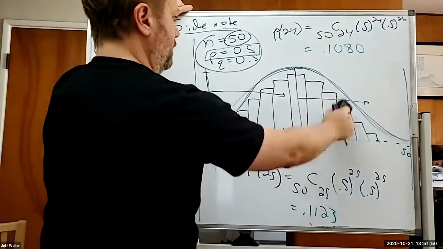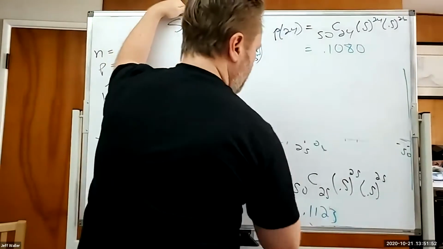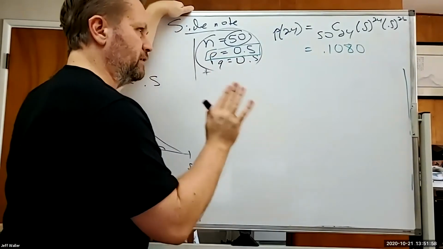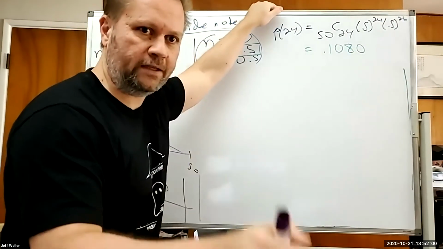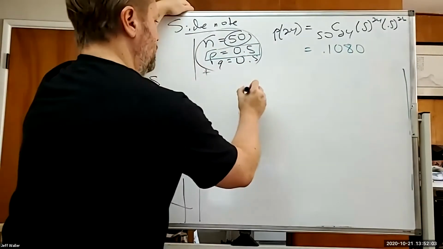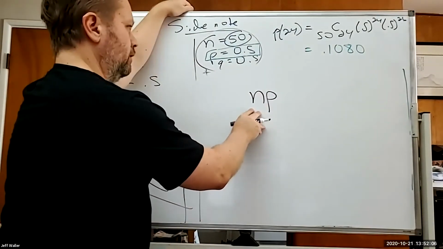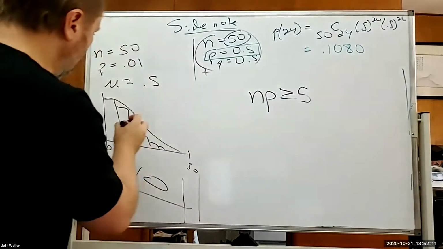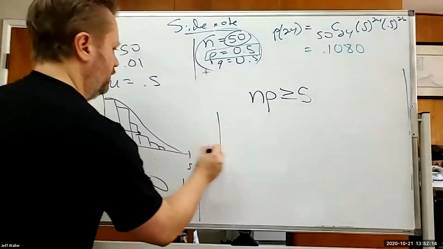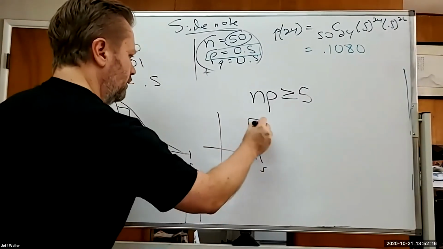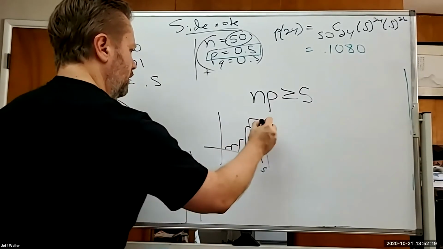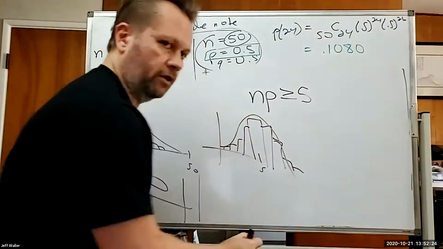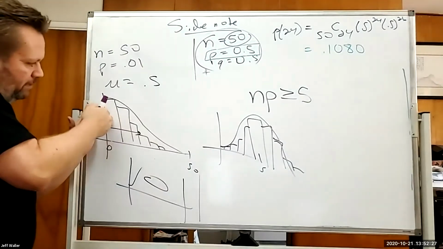The mean has got to be in the middle somewhere. The reason it's the specific number is a little bit beyond the math of this class. But the idea of it: the mean is np, right? That mean has got to be at least 5. If it's at least 5, not 0, then it's got room to go down over here, and then it's got room to look normal. So it's not slammed up against this wall.